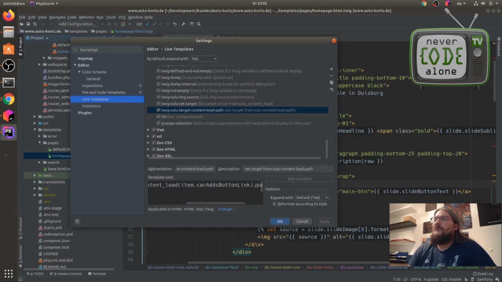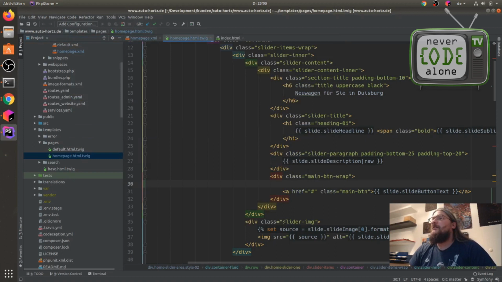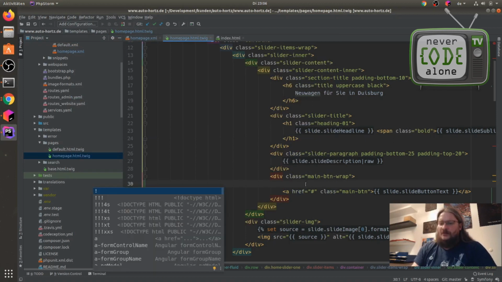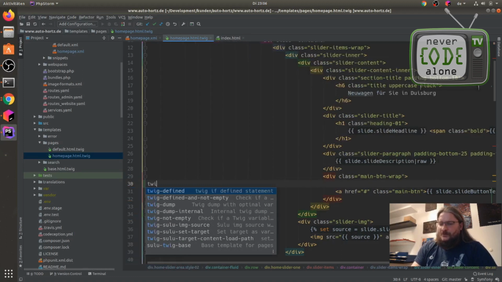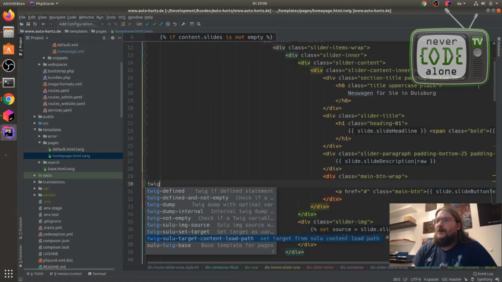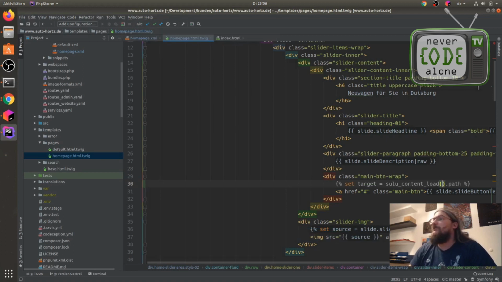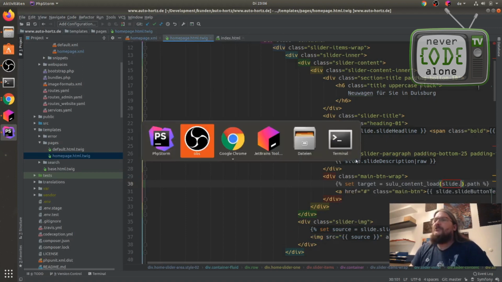Okay, now we have here a variable. Okay, apply. Okay, now we can use it here. Twig to set path from content load path, set target from content load path, and now we have here this slide dot. We will check here.